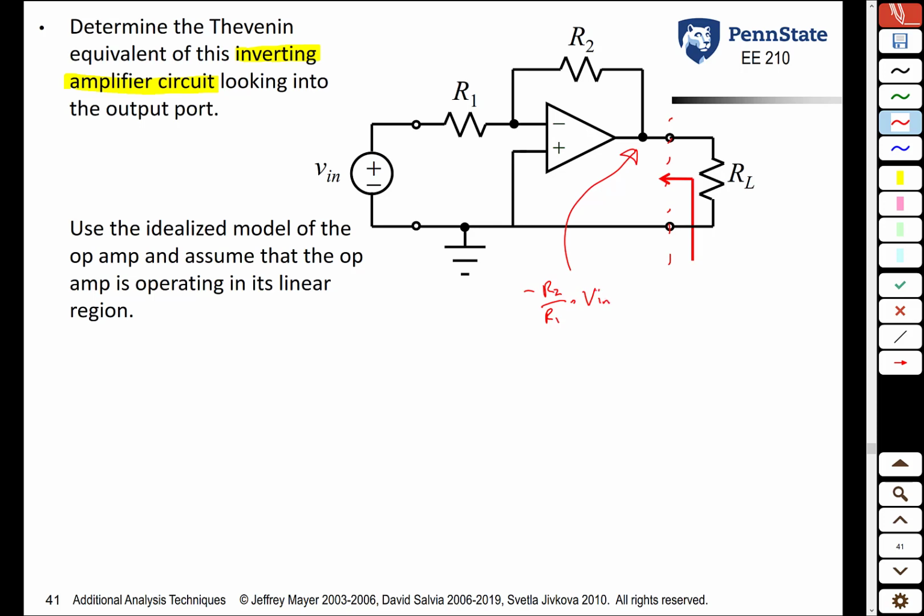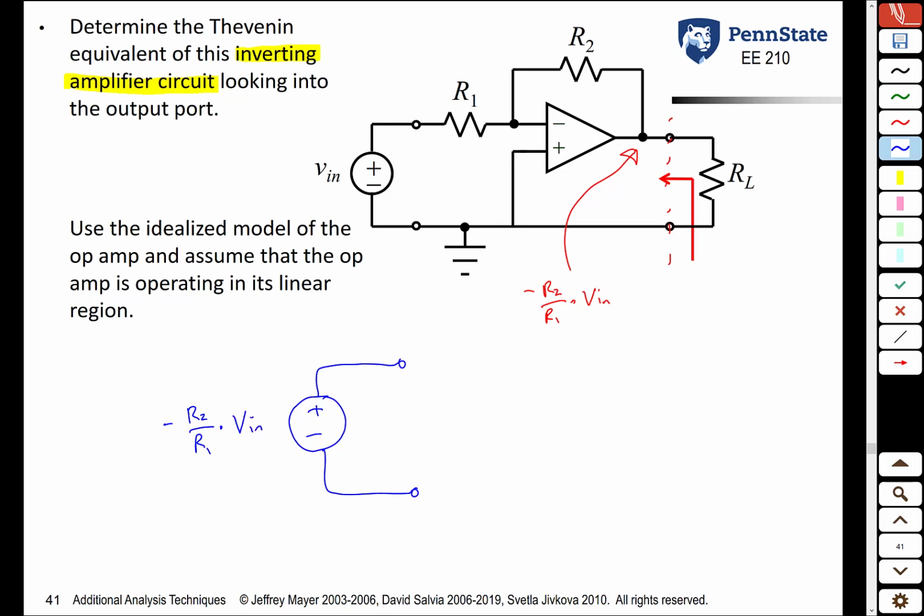Since the voltage that that load resistor sees is independent of itself, this means that the Thevenin resistance has to be 0. So the Thevenin equivalent circuit as seen by the load resistor is nothing more than a voltage source, and the voltage source's value is minus R2 over R1